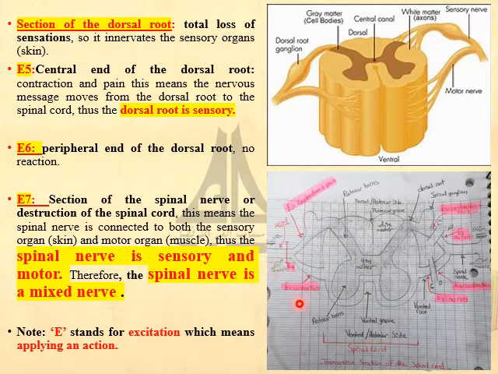So we can conclude that the dorsal root is responsible for the sensory information. Thus, its nature is sensory. Okay? With respect to E6, when an excitation was applied on the peripheral end of the dorsal root, look,